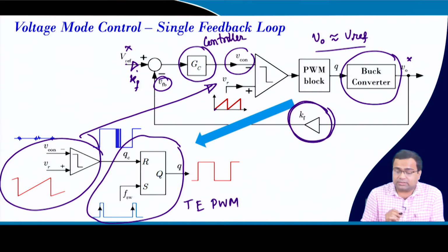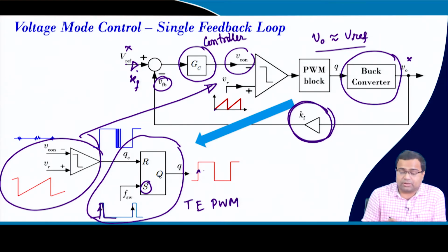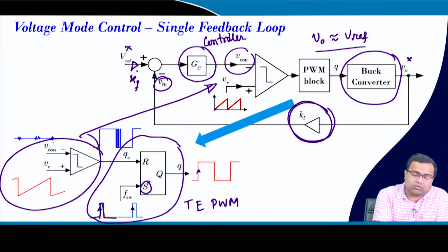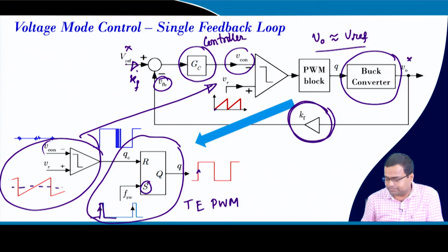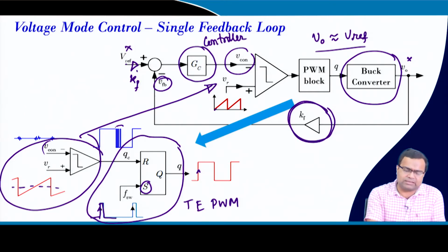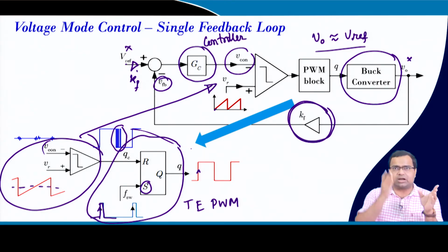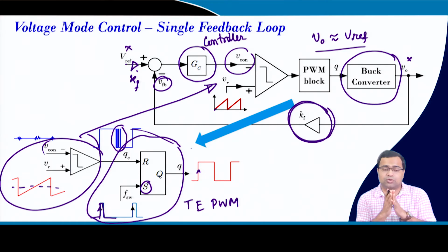Why? Because the switch turns on at every rising edge of the switching clock, which sets the pulse. So, the switch turns on, and the switch turns off when the control voltage intersects with the sawtooth waveform. Now, it has a latch circuit to avoid this jittering comparator behavior. It should not be reflected in the output side. So, the latch will make sure that once the switch turns off, it will not be turned on throughout the rest of the interval.